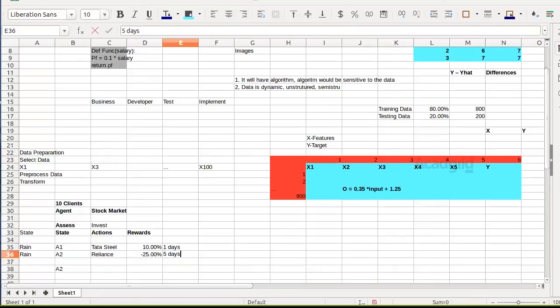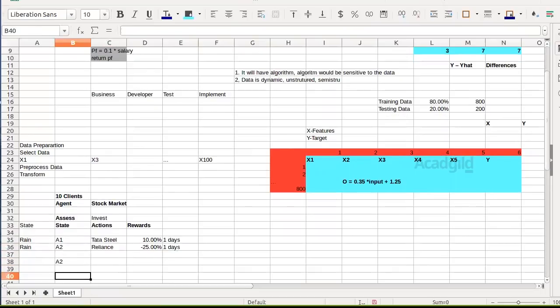Basically, I'm losing 25%. Then you'll assess the state, when the environment is rain, then obviously you'll invest in A1. If you invest in Tata Steel, then you'll perform action A1. Simple. So what reinforcement learning will do, it basically gets three things from the user: state,